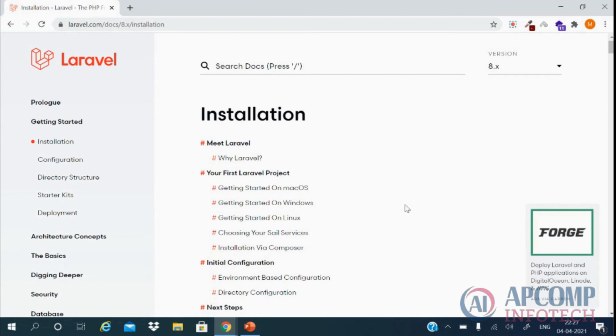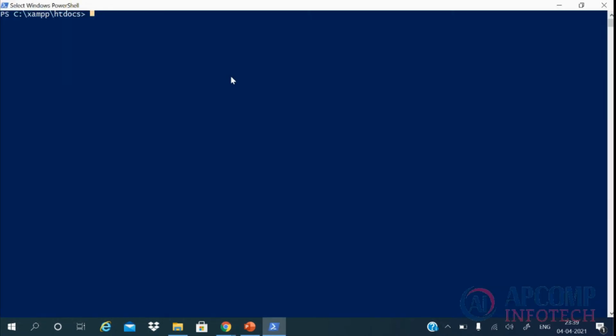Let's get started with installing our first Laravel project on our system. For installing Laravel onto your local development system, you need to run a Composer command in the root directory of your web server. In my case, I am using XAMPP, so I will be running this command in the XAMPP/htdocs folder. So the command is composer create-project